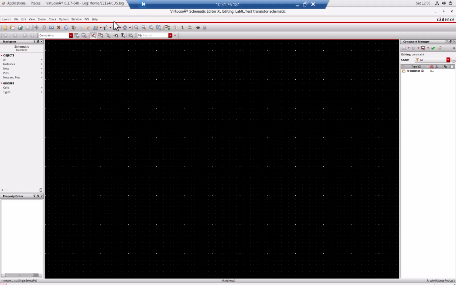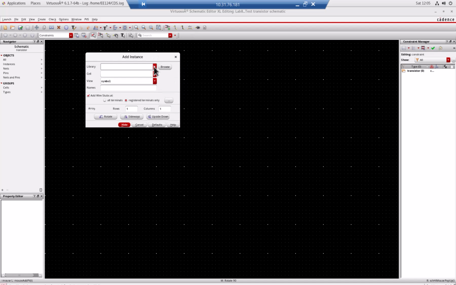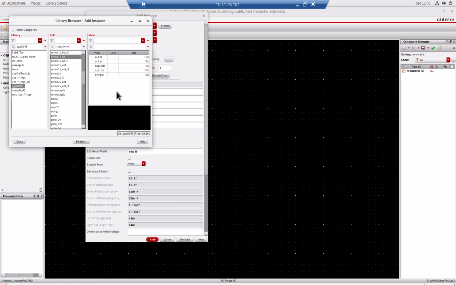So now what do I do? The first thing is that I need to add a transistor. In order to add this transistor, I need to say which library, right? We're using GPDK, it comes from that library. Okay, so I'm going to browse, and the one I'm going to use should be MOS 1 volt low voltage, right? When I click on this, you see that